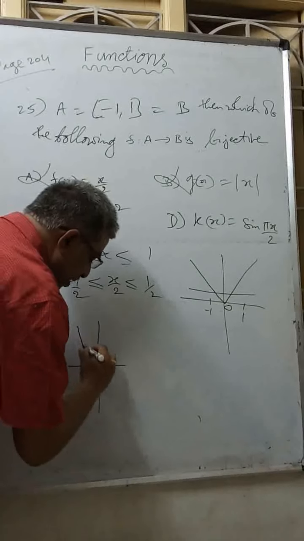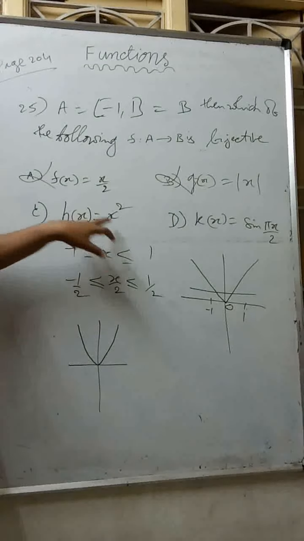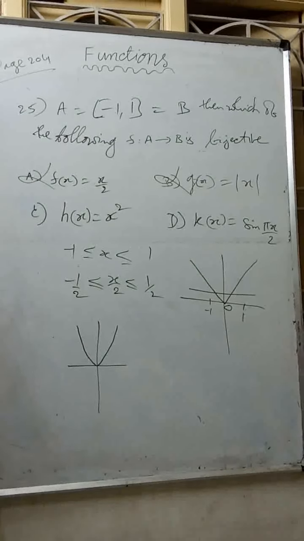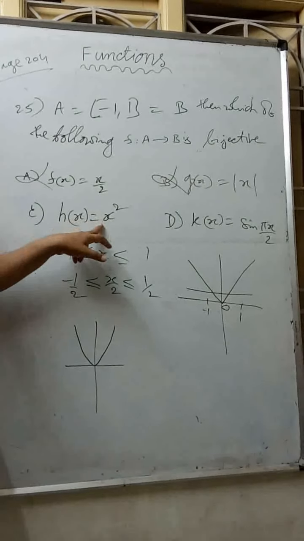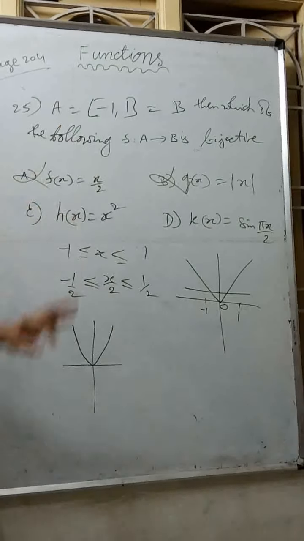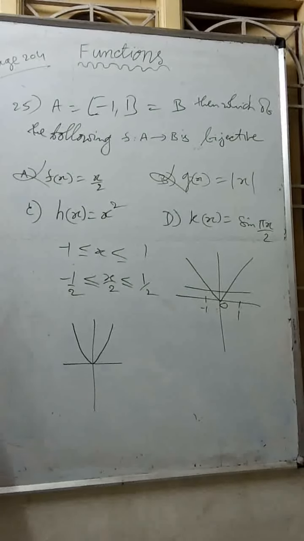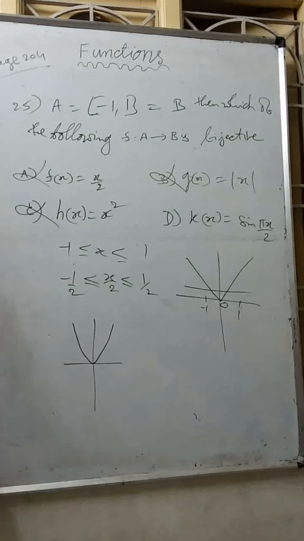This is again y equal to x square, a parabola like this, as I told. So x1 not equal to x2 gives the same value, so this itself is not 1-1 first, and not onto also here, because x square gives only positive values, while the codomain is minus 1 to plus 1, negative and positive both are there. So it is neither 1-1 nor onto.